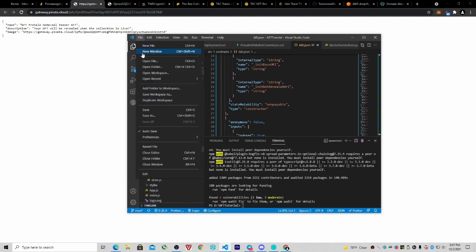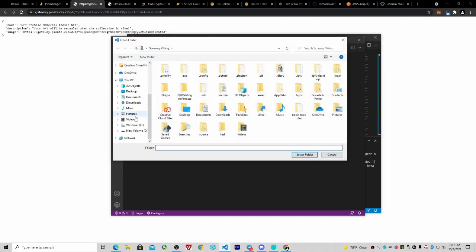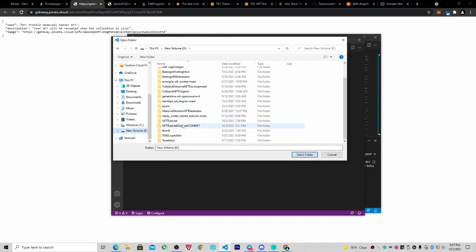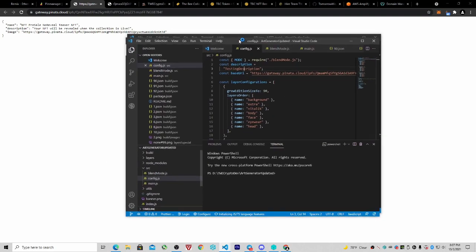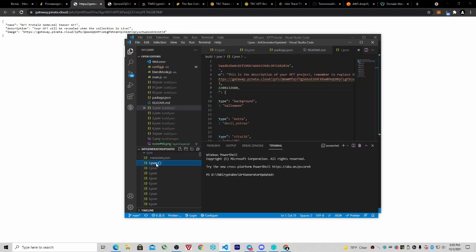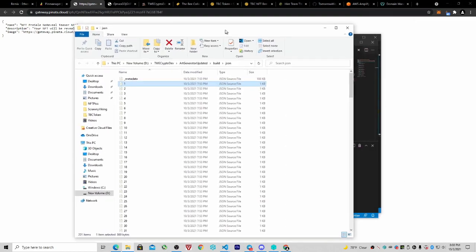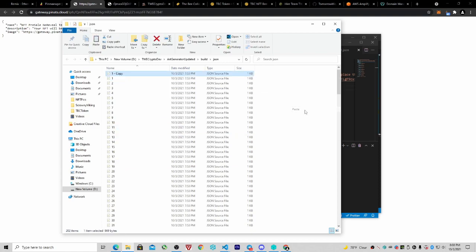What we're going to do is we're going to open a new window, and we're going to open our art generator, open folder, and go back to your art generator that we did. Open that guy in a new terminal. We're just going to do this the easy way. What I want you to do is go to build down here, go to JSON, and take number 1. And then reveal in File Explorer, pop it up, and then I'm going to have you copy and paste, and then rename